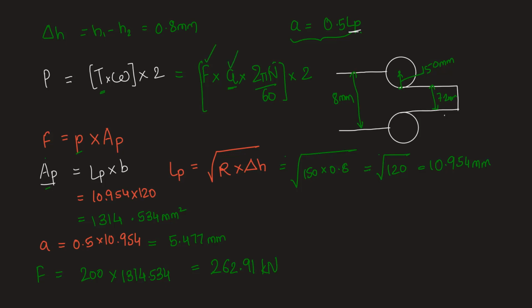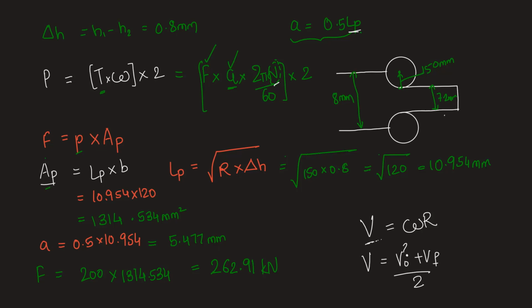We require N. So final velocity Vf is given to us. We don't know the initial velocity V0 because V is actually the velocity of neutral plane, from where we can calculate omega. So velocity of neutral plane V will be equal to omega times R. To find that, V will be V0 plus Vf by 2, just the average of initial and final velocities. We need to find the initial velocity V0, or velocity at the entry.